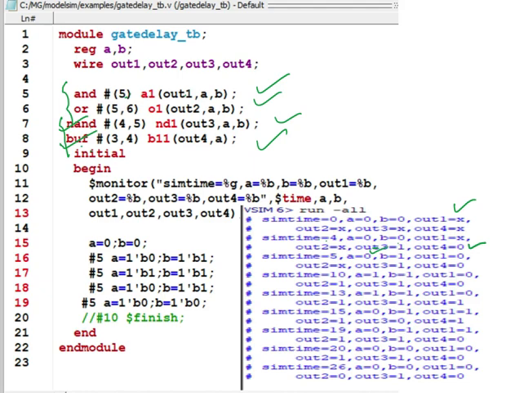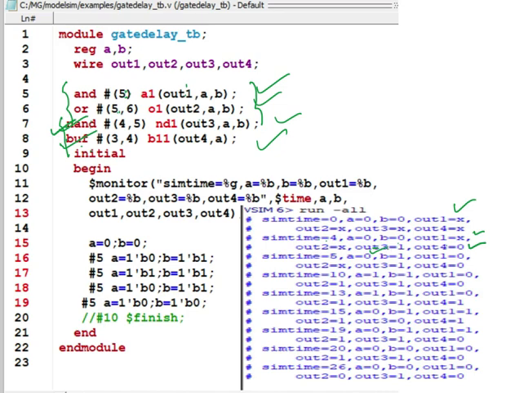It is no more X value, because this X is coming for the AND and OR outputs, that is out1 and out2, because only after 5 nanosecond, or 5 time steps, do these outputs change. But after 4 nanosecond there is a change in the output of NAND and buff, so here you can see clearly out3 and out4.